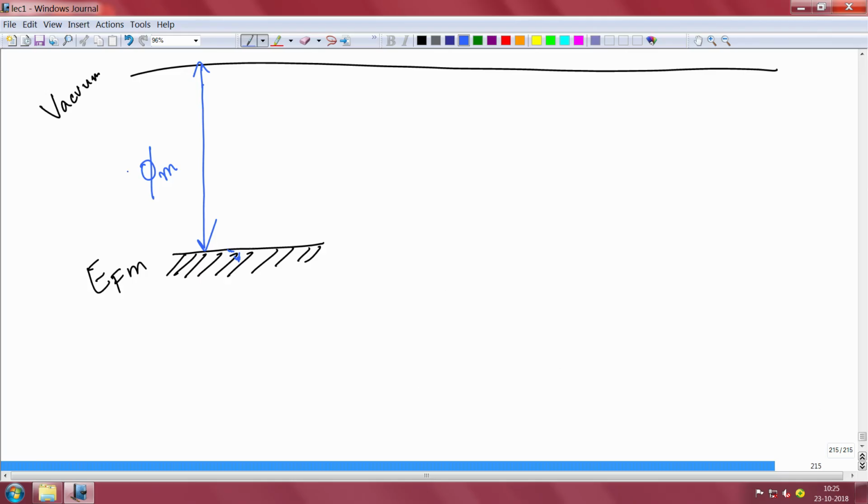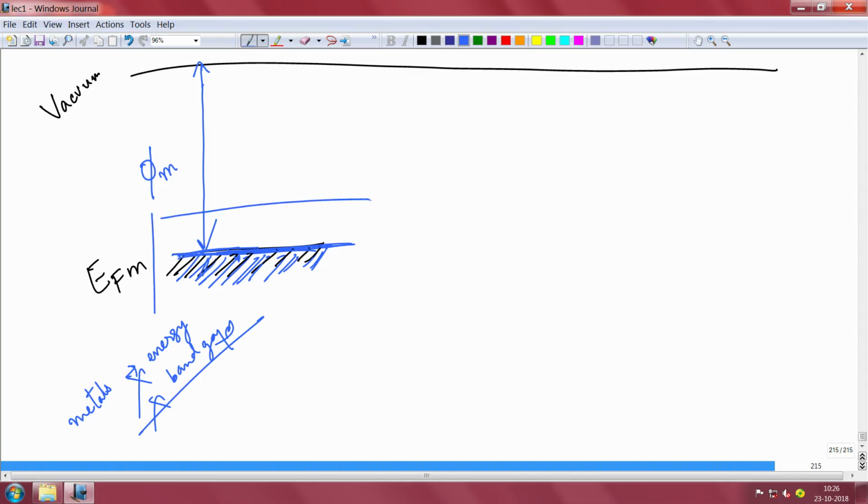Now, if you remember, in metals there are no energy band gaps. The highest filled level is the Fermi level, and that is it. The metal conducts electricity because of the electrons at the Fermi level, a very high density of electrons, like an infinite reservoir of electrons. They can move because the band is partially filled, so there are a lot of empty states where the electrons can move. There is no band gap here, so please keep that in mind. In the metal, the highest energy level is the Fermi level.